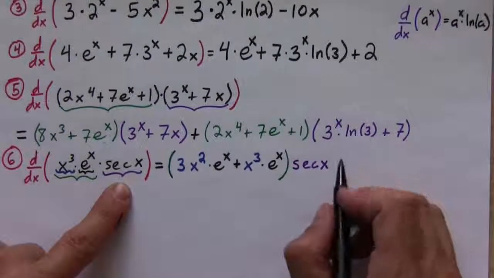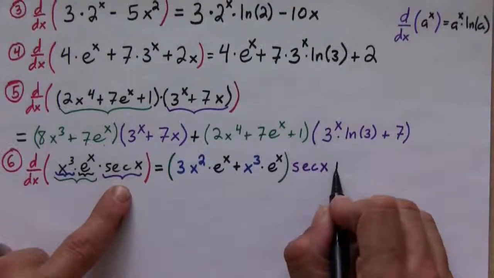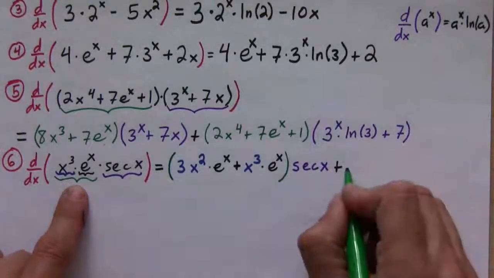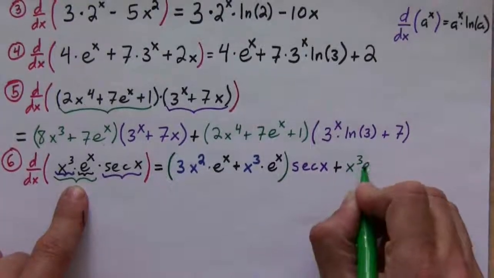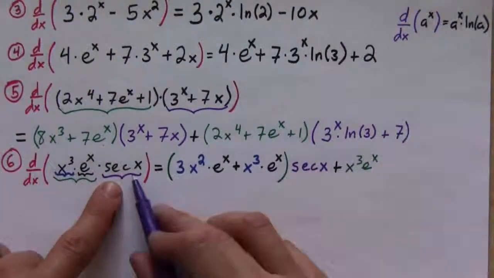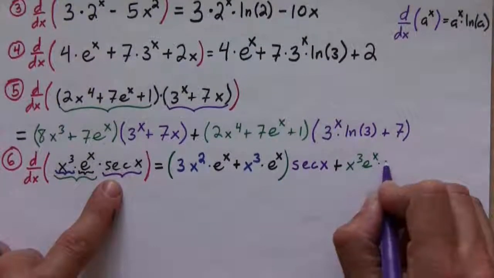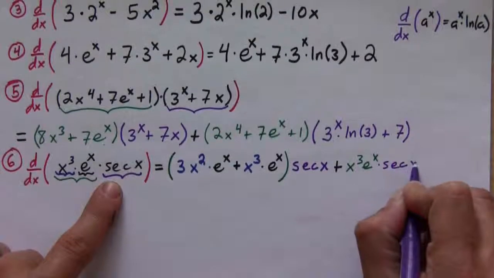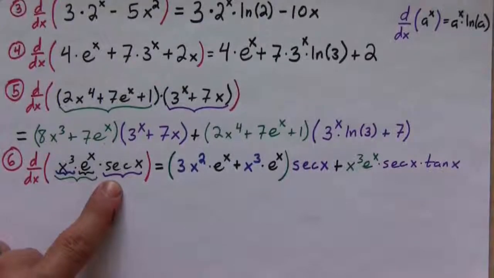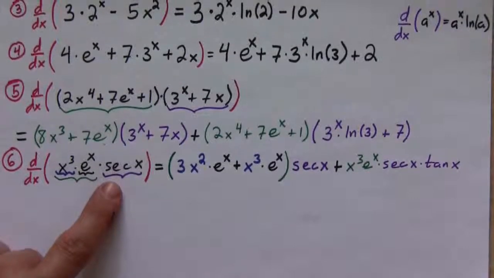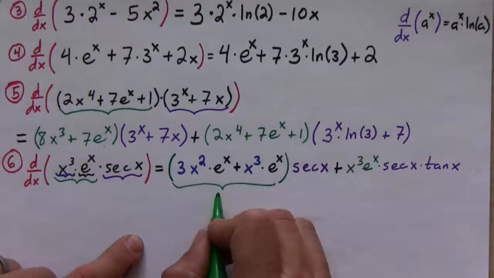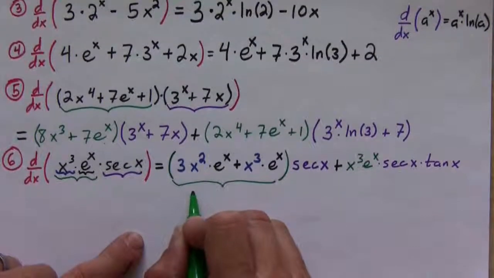Okay, and then plus, now I'm going to leave the first one alone, x cubed e to the x, and I'm going to multiply that by the derivative of secant of x, which is secant x tangent x. And that's it. So here, if you look at it, this is derivative